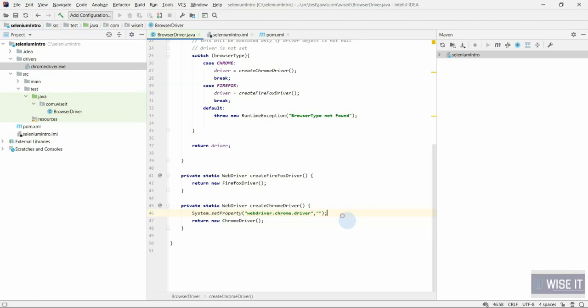But remember here never give the path of your project directly, because this project could be run by multiple people in their machine and the path could be different. So how to find out the path of current folder? It's very simple.